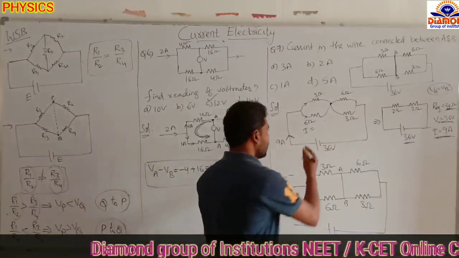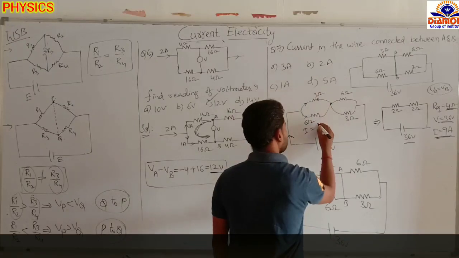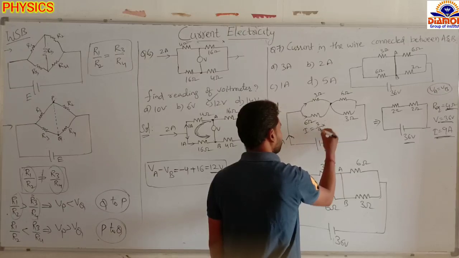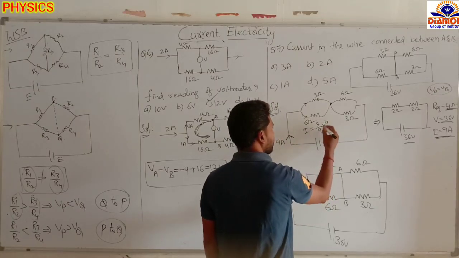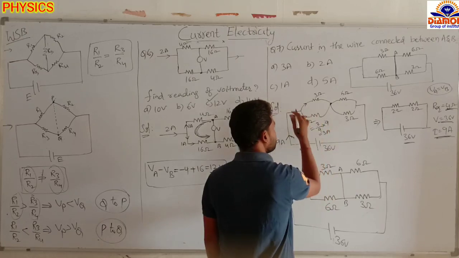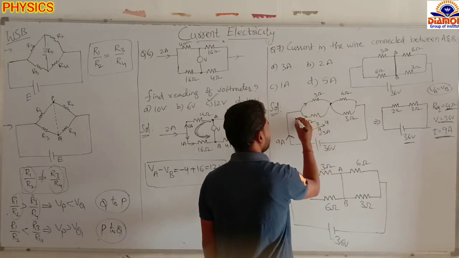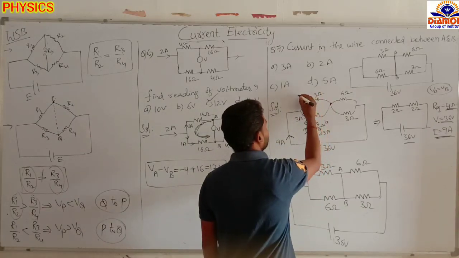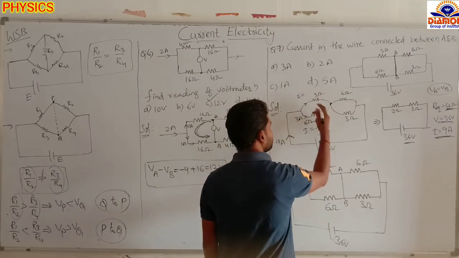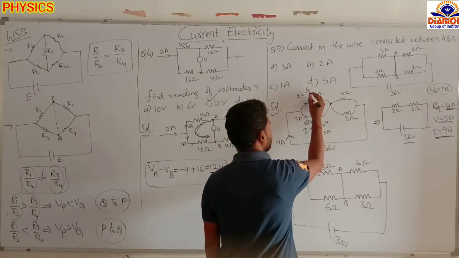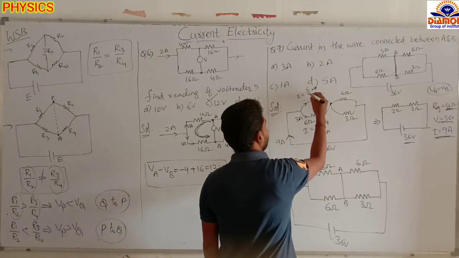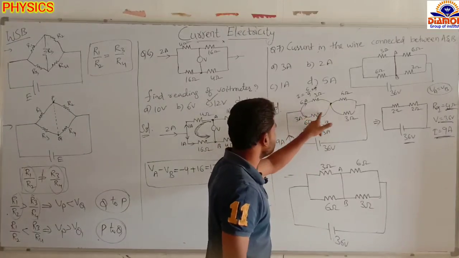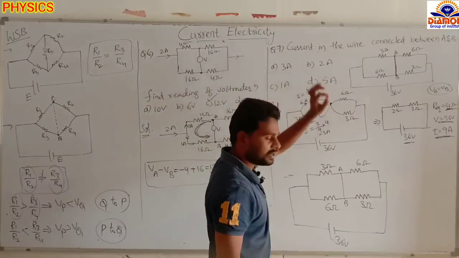I said already. So now current equals the opposite branch's resistance 3 by total resistance 6 plus 3, 9, into the total current 9. The 9s cancel, we will get 3 amperes. 3 amperes current is flowing through this branch, this resistor. And how much current is flowing through this one? Current equals the opposite branch's resistance 6, by total resistance 6 plus 3, 9, into total current 9. The 9s cancel, 6 amperes. Here 6 amperes current is flowing through this resistor, 3 ampere through the other, and combining here we get 9 amperes again.